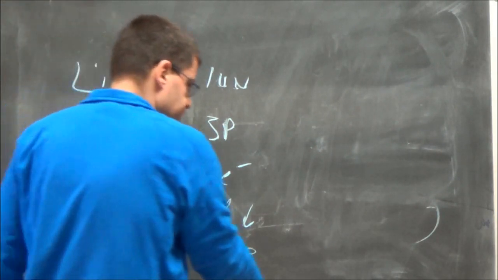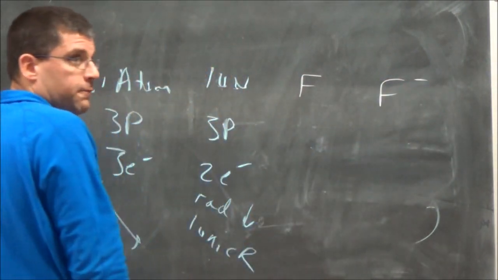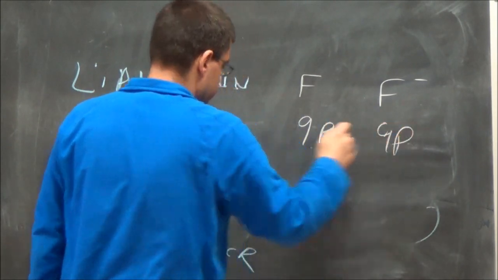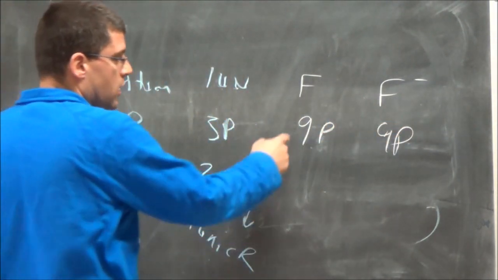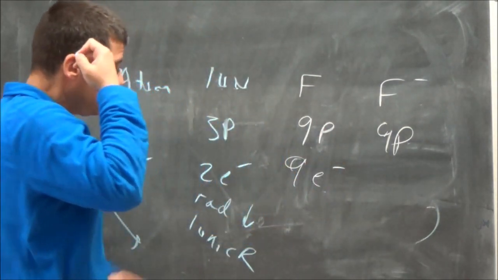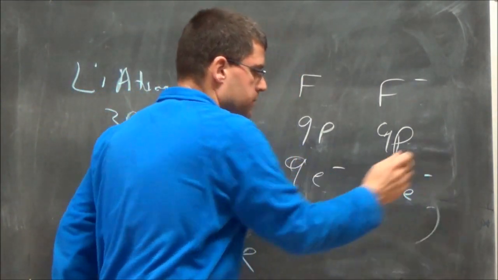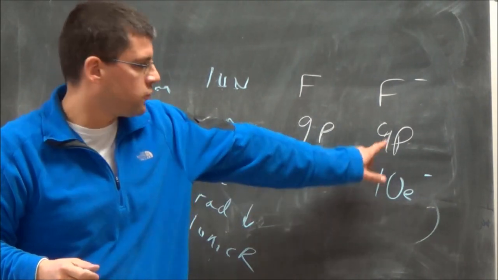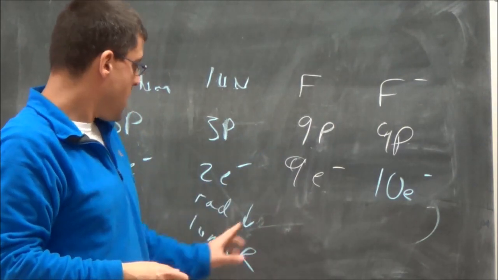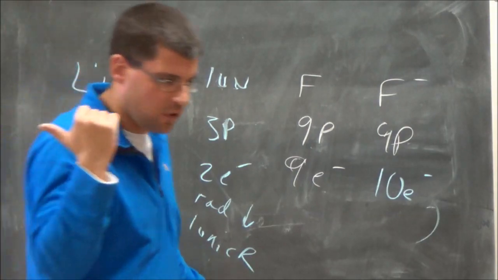Then for an anion, for fluorine and fluorine negative, fluoride, which we'll learn, you've got 9 protons. How many total electrons? You've got 9 electrons because atoms are neutral. So there's a force of attraction between them. Throw in an extra electron. Same level. It's going to be a little larger. You didn't strengthen the nucleus. So anions are a little larger than their atoms. Now let's take a look at the chart on the smartboard up